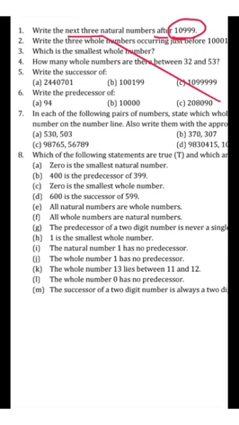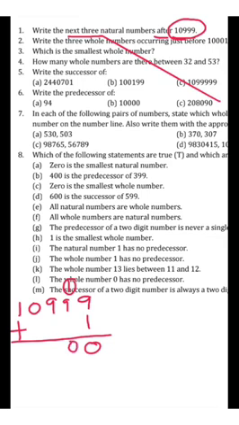If I ask you which one is the number after 9, or the number next to 9, that is 10. So we have to find the number after 10,999. You can consider it as successor also, because successor means the number after. So we are going to add 1 in that. 9 plus 1, 10, 1 up. Now 1 plus 0, 1 and 1. So this is the first number which is next to 10,999.